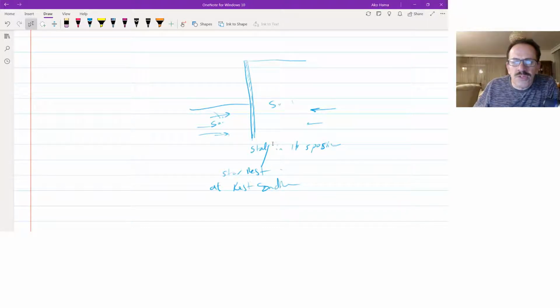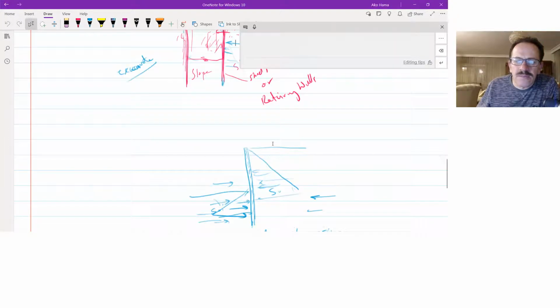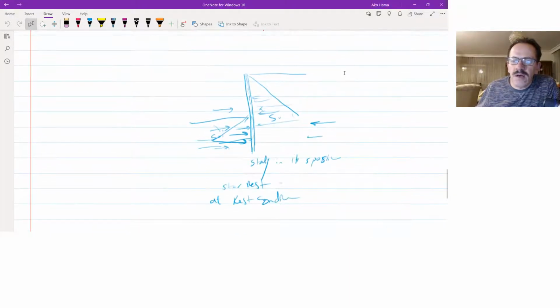So at the at rest condition, at any point here, I can calculate the pressure that goes this way, and find the pressure that's going the other way. We have to know what the pressure or the force this way will be. So what should we know? Usually, if I take an element here,